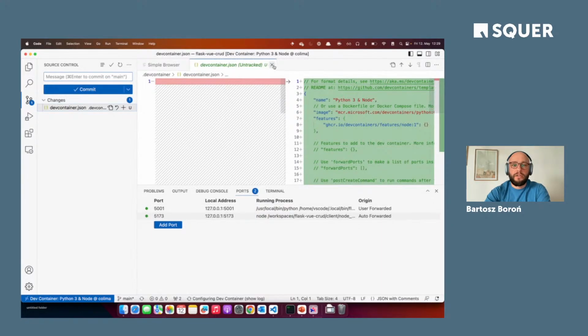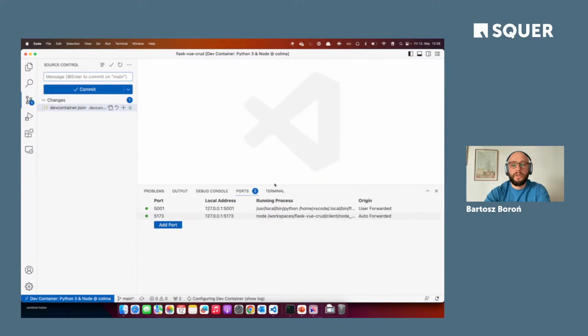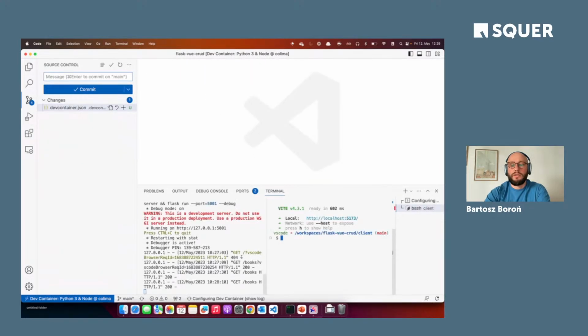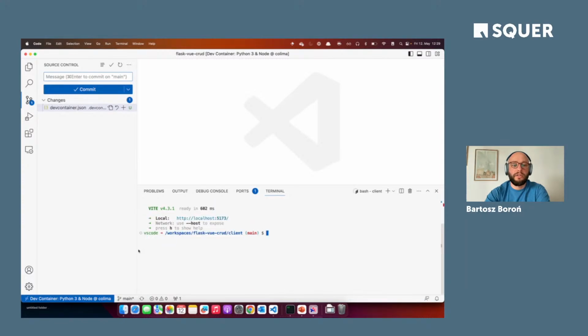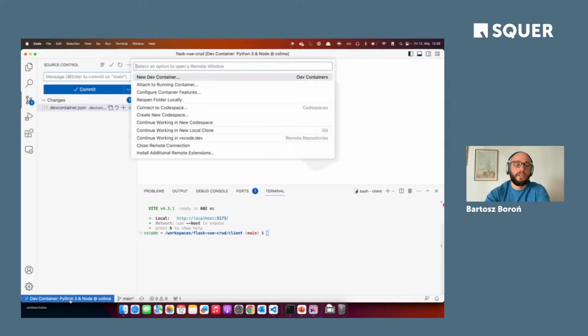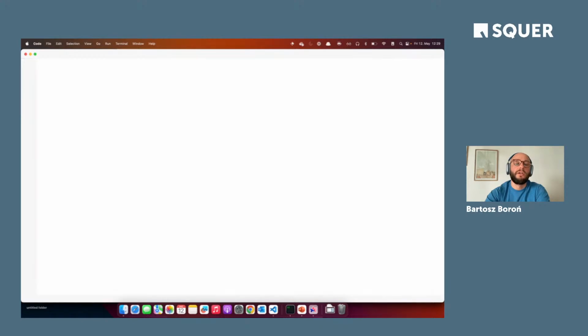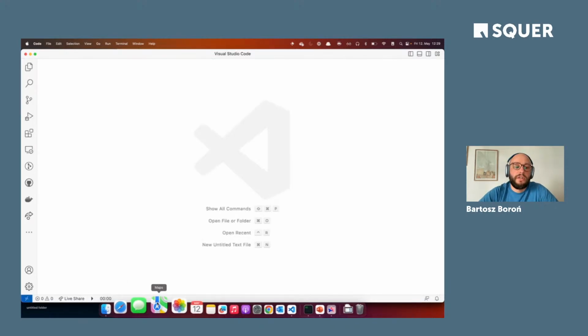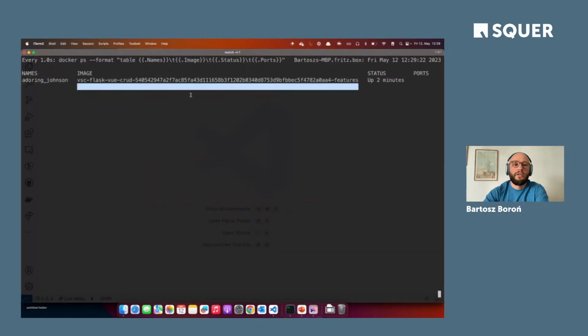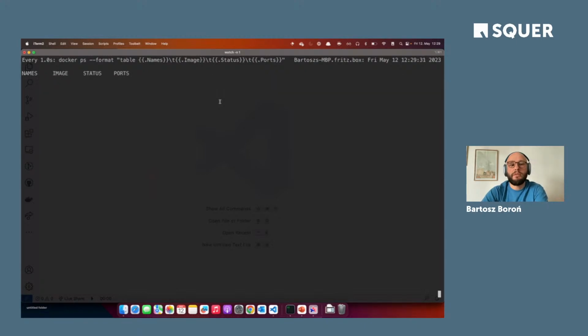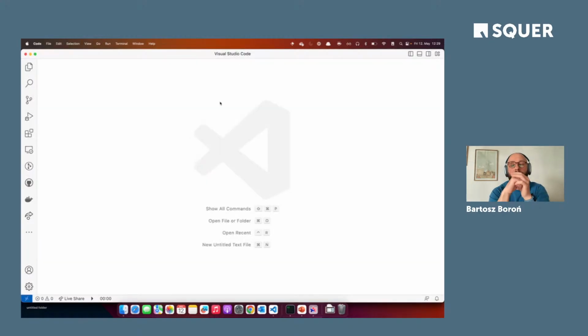Something I also like to show you is the following. So let's close this container. If I want to close the whole container, I can basically say close remote connection, and everything now is being basically shut down. The container should be gone in a minute or two. It will automatically be basically stopped, but not removed. So next time I start, I can basically attach the container already is built, and it can be restarted very quickly.